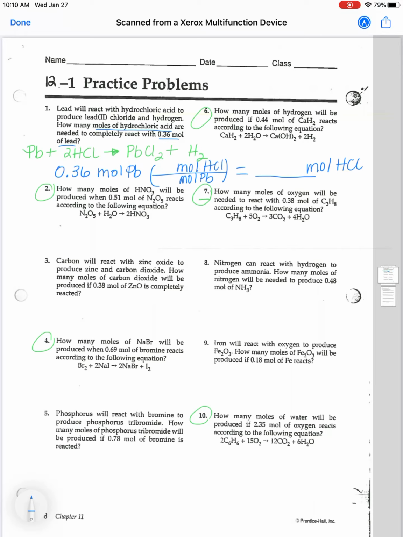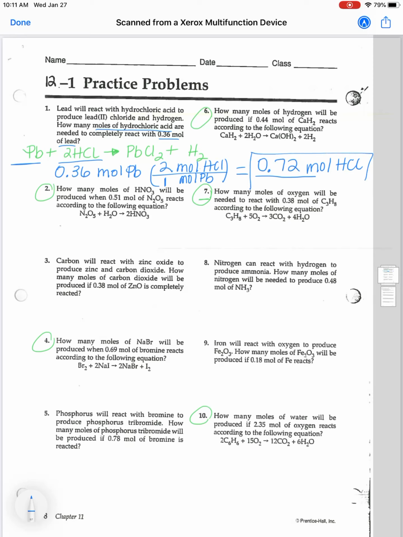I go to my balanced equation and I look at my coefficients. There's no number written in front of the Pb, so I assume that is a 1. I look at HCl, it has a 2 as its coefficient, so I have to put a 2. So on my calculator, I'm going to put 0.36, because that's the number that I'm starting with. I'm going to multiply by 2 and divide by 1, and that should give us an answer of 0.72 moles